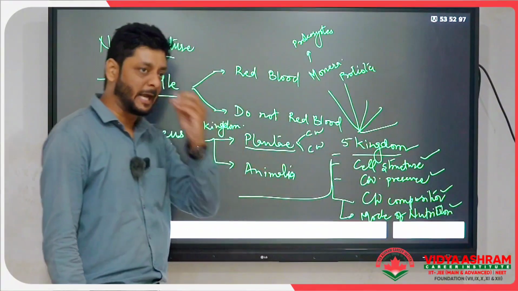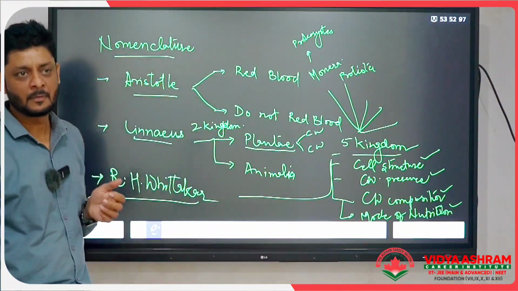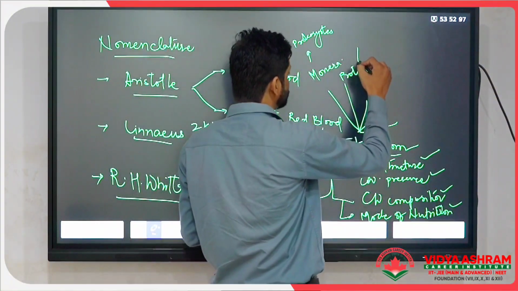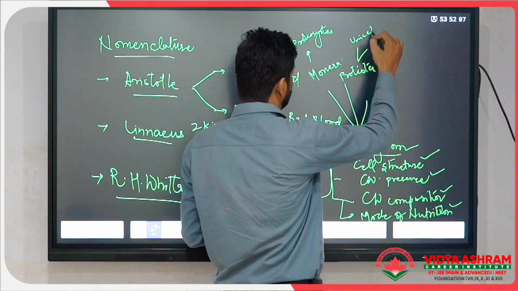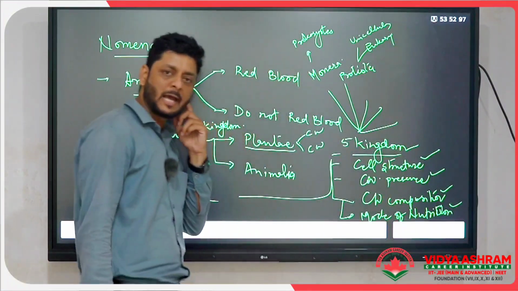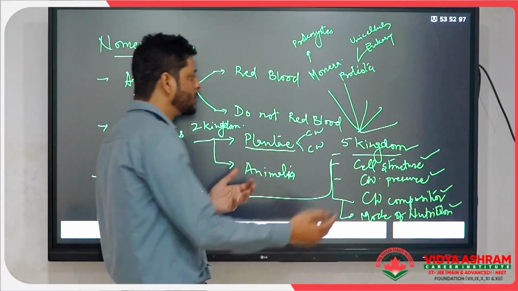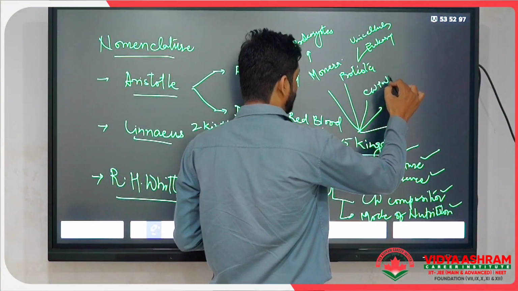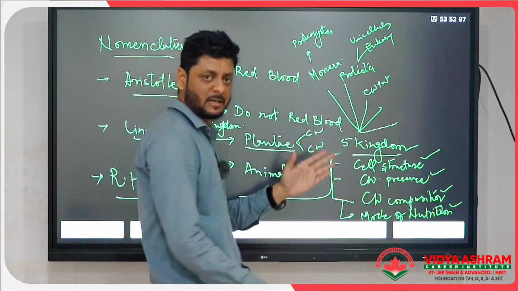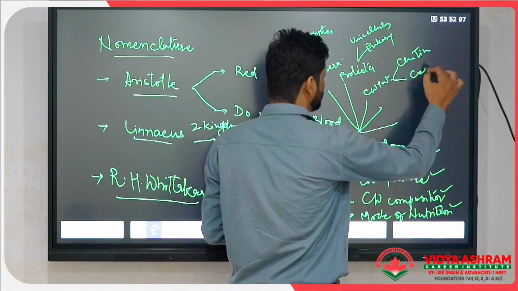Because the cell structure can be on the basis of the nucleus, either it is a prokaryotic cell or a eukaryotic cell. So the prokaryotes are all unicellular, whereas the Protista are unicellular eukaryotes. Unicellular eukaryotes are categorized in the kingdom Protista, and the third group is based on the presence of the cell wall. When the cell wall is present, it will be made up of chitin or cellulose.